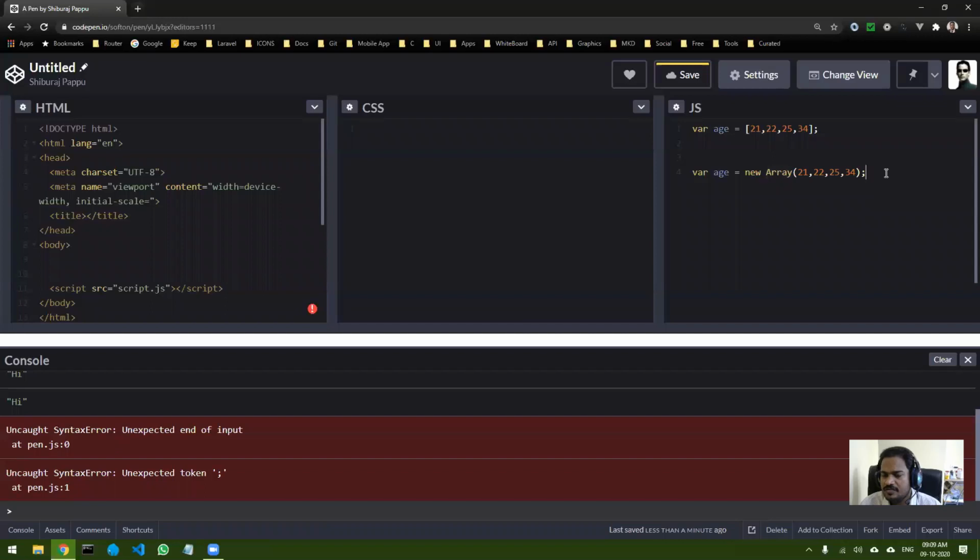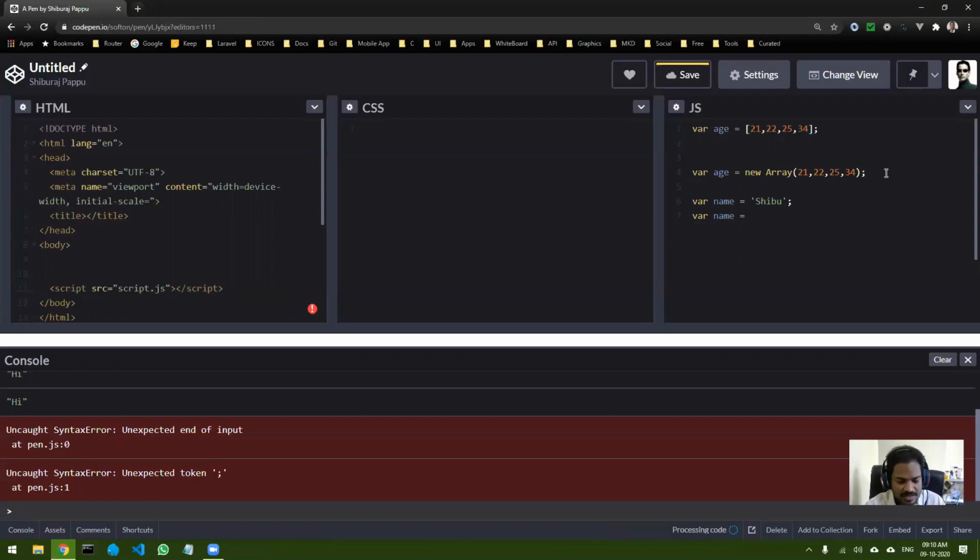Let's suppose I call it name, like we have seen in the previous lectures. It is simple: var name equal to Shibu, right? But you can do the same thing with this command also.